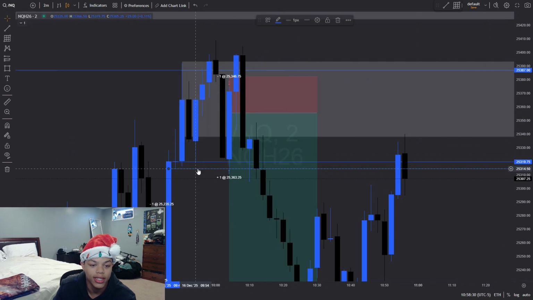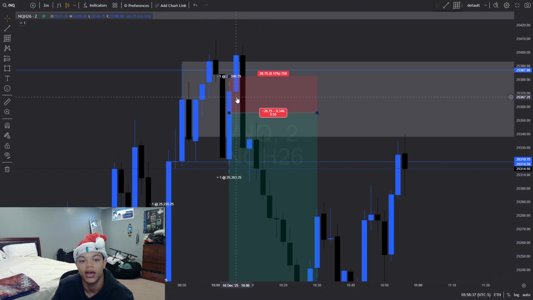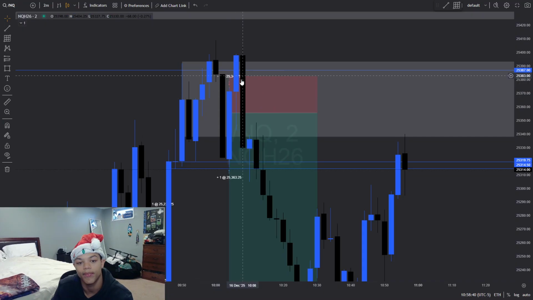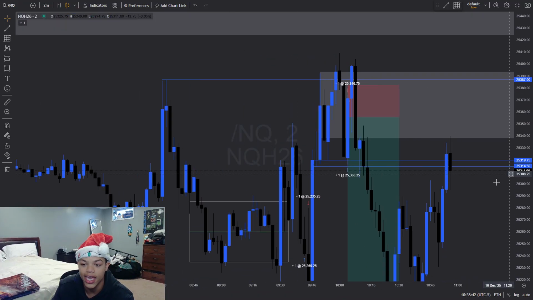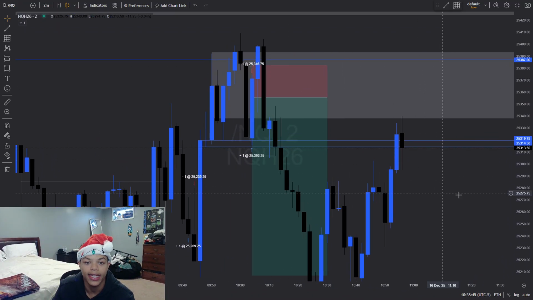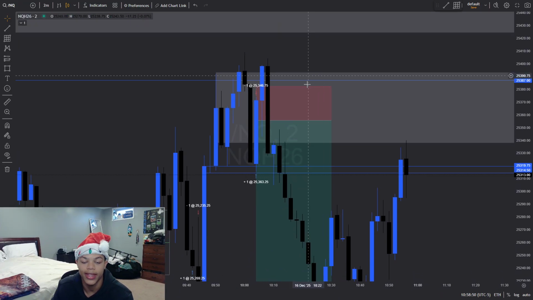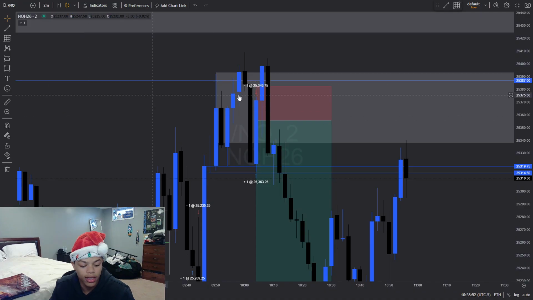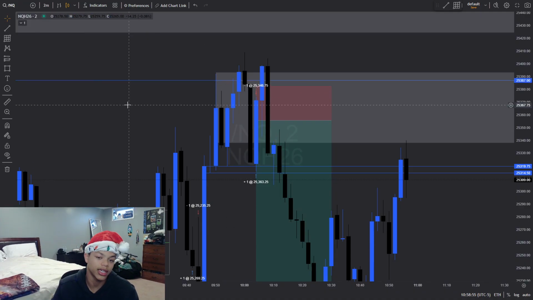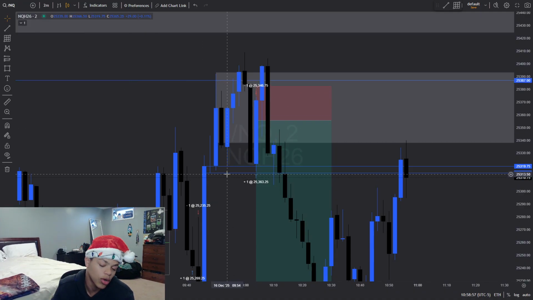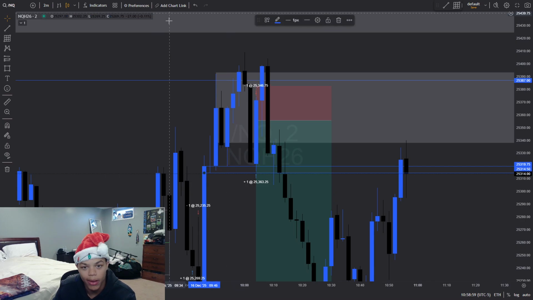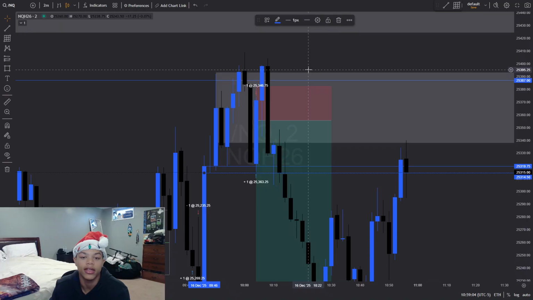So I marked this as my lowest equal low, and we didn't even surpass it. We didn't have displacement past the equal low, and then I took a trade up here when we mitigated into this gap because I think I was looking mainly at ES, right? And then we were pushing higher. That's going to happen because we are going to clear whatever we want to clear on the opposing index or on the correlated index. So ES probably wanted to take out some sort of liquidity or fill some type of gap or whatever it may be.